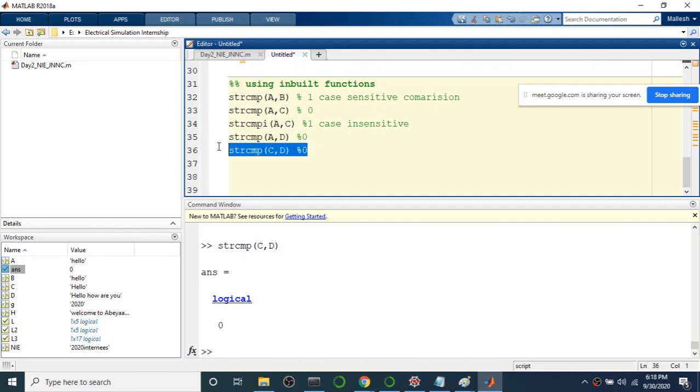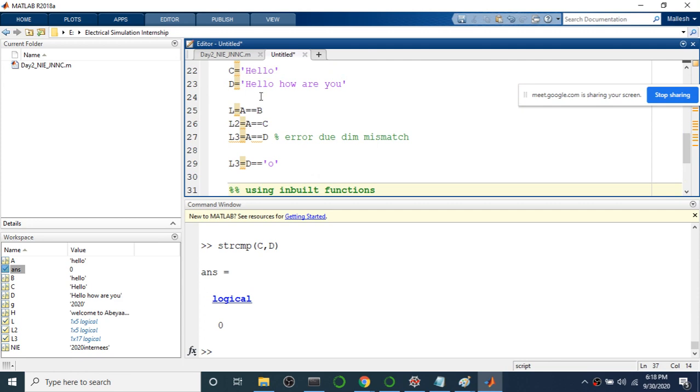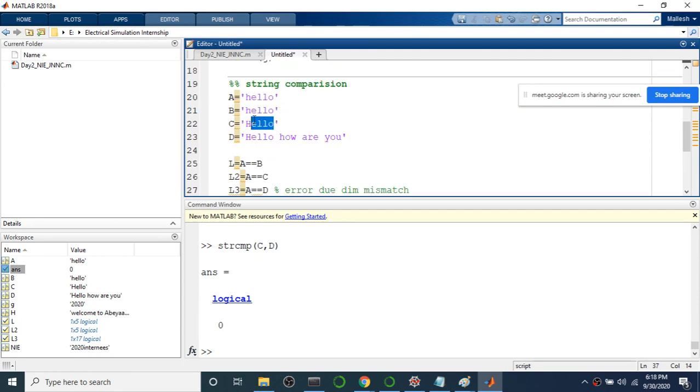Okay, so let me repeat the same thing, but this time I'm going to introduce a new function called string n compare, strncmp, C comma D comma 5. It indicates it will compare only the first 5 characters. Hello will be compared with these first 5 characters.